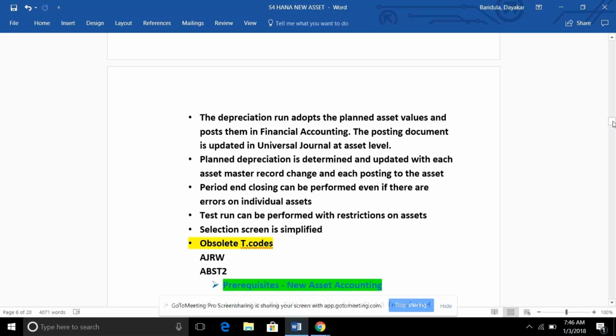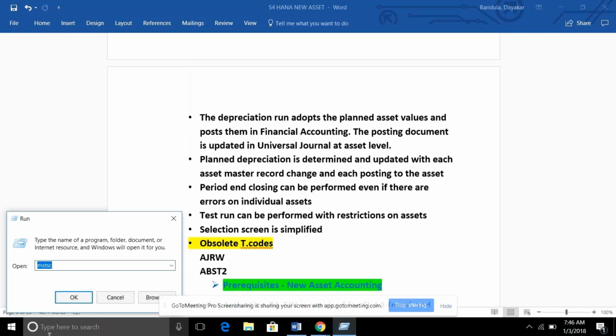Yeah, if you want, you have an option to give multiple company codes as well. If you wanted to run only for a particular company code, you can do it. You can give the single company code there, and do the calculation only for that particular company code. But earlier you didn't have an option to run for multiple company codes. Now you have an option for multiple company codes as well, that too with a combination of your accounting principle. So I wanted to show it, but